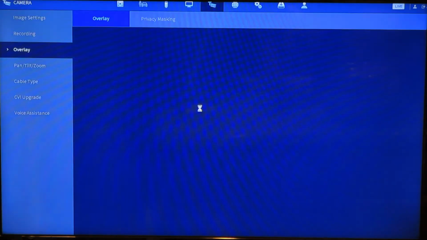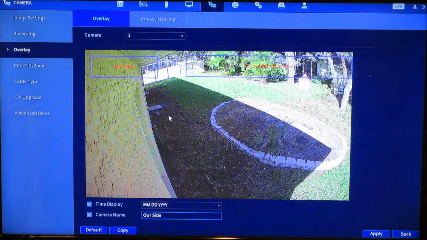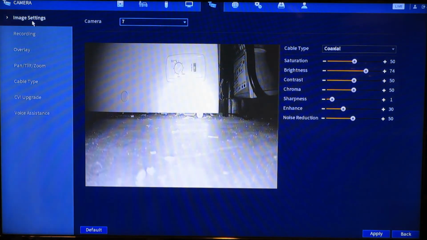And then finally, camera. This is the part that you're going to be using a lot more than any of the other stuff because there's some features in here that aren't available on the app and on the URL. So the first one you want to do is you can adjust the saturation, brightness, contrast, chroma, sharpness, and all that. Noise reduction is like if there's some kind of noise in there, you could block some of the noise.